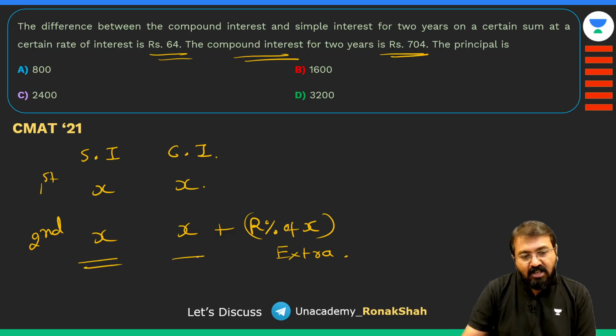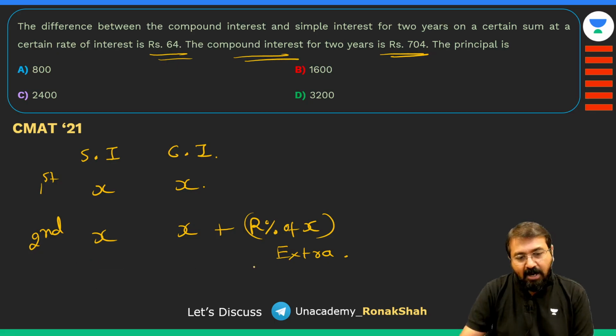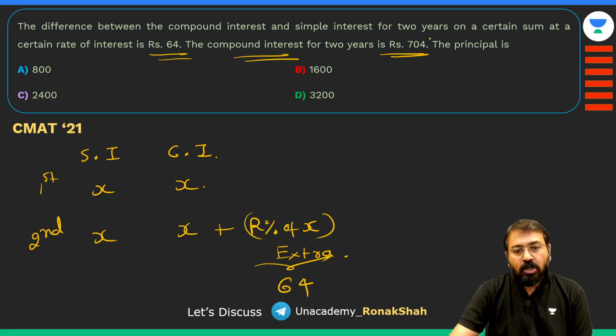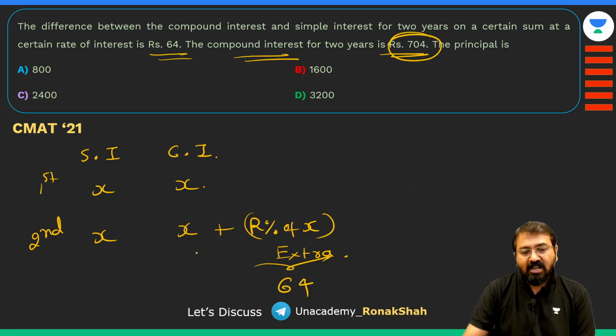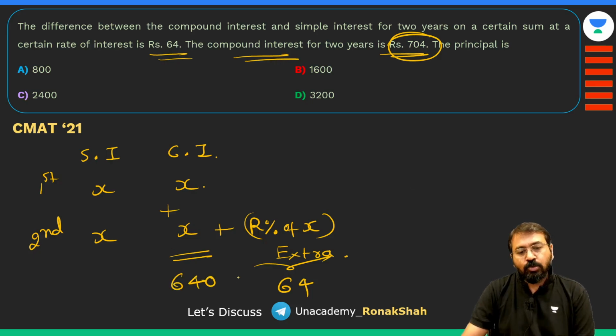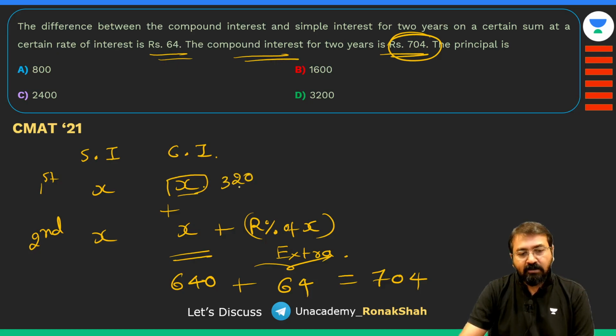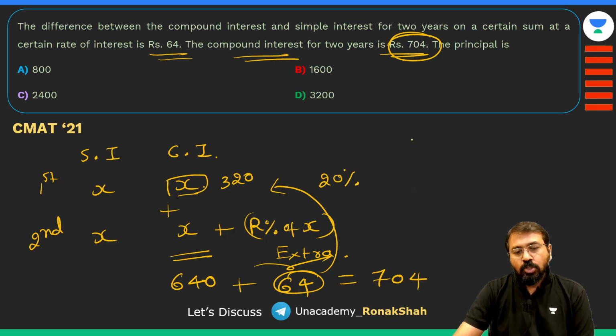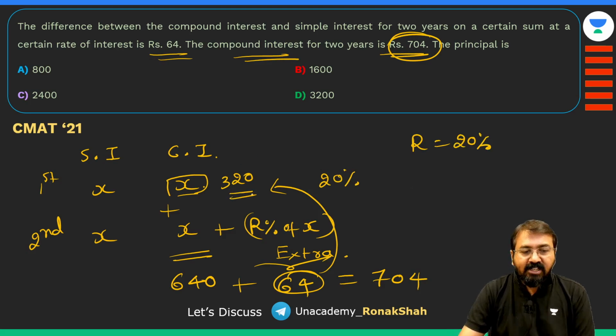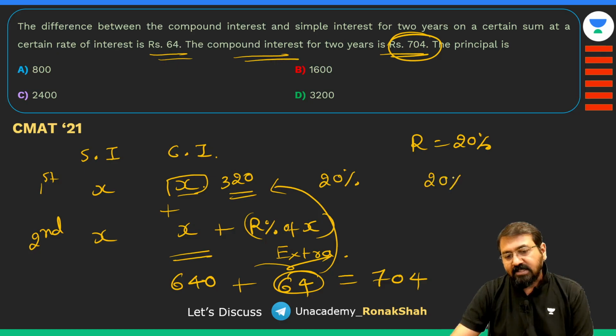अब यहां पे देखो हमें क्या दिया हुआ है कि ये जो एक्स्ट्रा पार्ट है इन दोनों में डिफरेंस हमारा 64 है, तो कहना है ये जो एक्स्ट्रा पार्ट है ये 64 हो गया, और हमें 2 साल का कंपाउंड इंटरेस्ट 704 दिया है। तो गाइज़ ये कितना होना चाहिए, x प्लस x 640 होना चाहिए, प्लस दिस एक्स्ट्रा 64 इज़ 704। तो हमें 1 साल का इंटरेस्ट मिल गया 320 रुपए, और फिर इंटरेस्ट के ऊपर इंटरेस्ट हमारा 64 है, तो 320 के ऊपर 64 मिला, तो ये 20% हो गया कि नहीं। सो आपका रेट ऑफ इंटरेस्ट जो है वो 20% होना चाहिए।